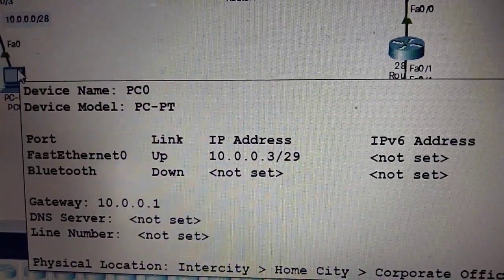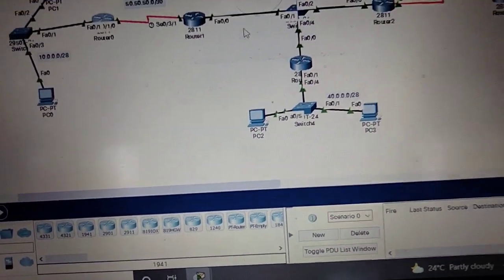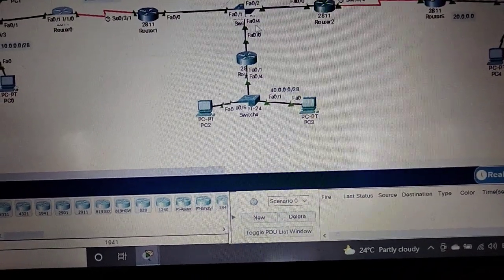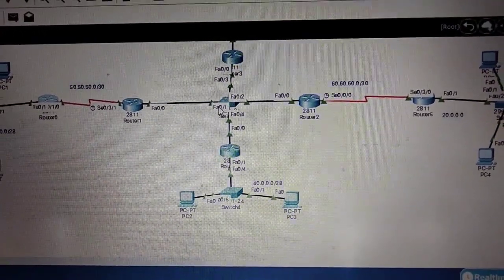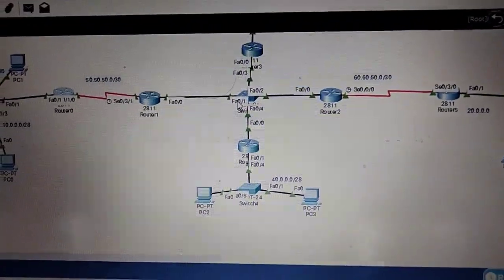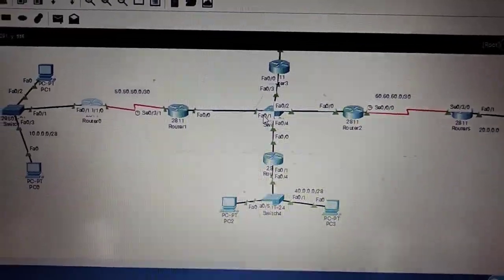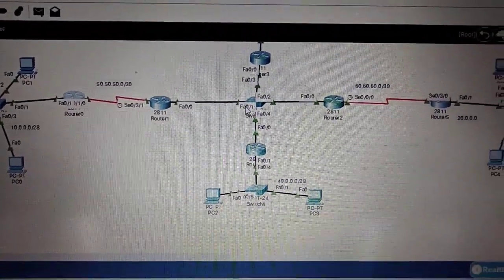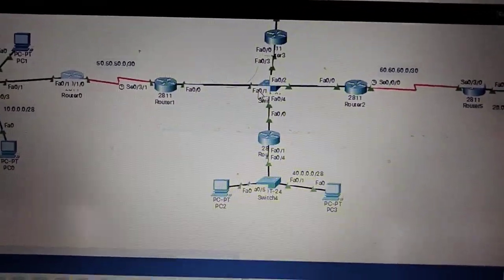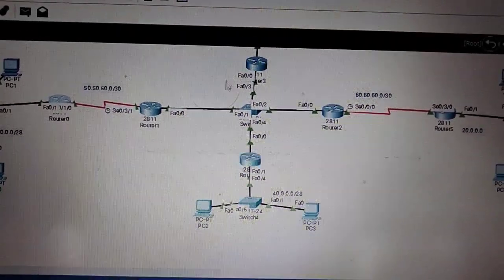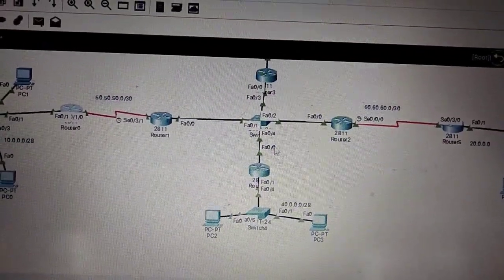See here, 10.0.0.3/29. Why? Because there are only 3 connections. But if you have 4 connections, we have to take another. For 4 connections we should take /28. Mostly there is no use asking for subnet mask IPs, because no one asks for IPs in real time. Every time they will ask only /29 or /28, they will ask only CIDR. Remember only CIDR. For these 4 connections we can take /28 as the CIDR.